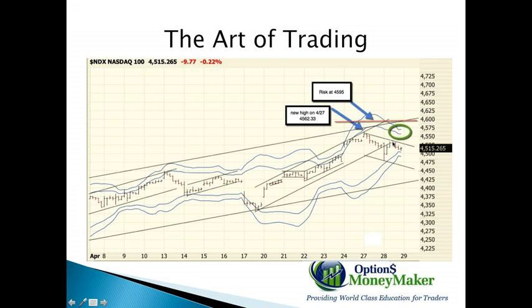And then you can see here that we had a line of resistance where we had identified a declining line of resistance on this pattern. And so we would need to move above that resistance, above both the 2 and 3 standard deviation Bollinger Bands, above another long-term rising line of resistance, as well as form a new all-time high in order to encroach on our risk point. Now, all of that could happen. We're not saying that this won't happen. We're saying that we're stacking the deck in our favor, and that the likelihood of that happening becomes less and less the more natural barriers we put between the current price and our risk point.